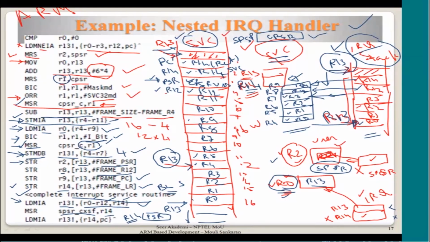Now R13 will be pointing here. I'm sorry, it will be pointing to the full location. It will increment upward, right? So R13 will be pointing here. Now we say, load 2 more values also. What happens? The R14 that was originally in the SVC, because we overwrote it with the PSR value, we are restoring it back, and then we are copying the PC with the return address, the original user mode address,